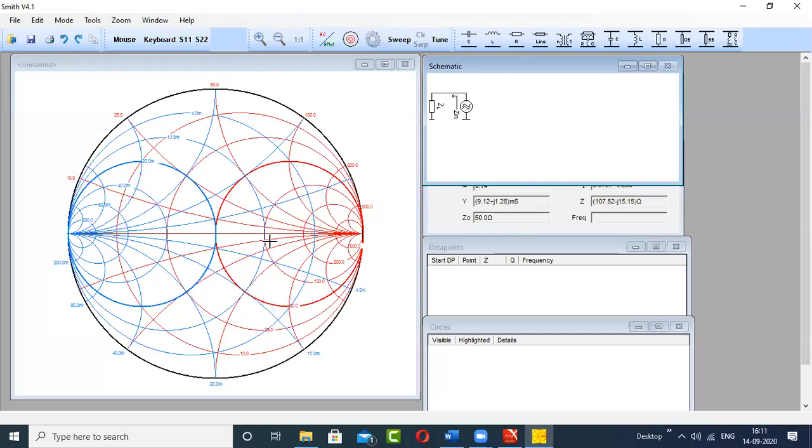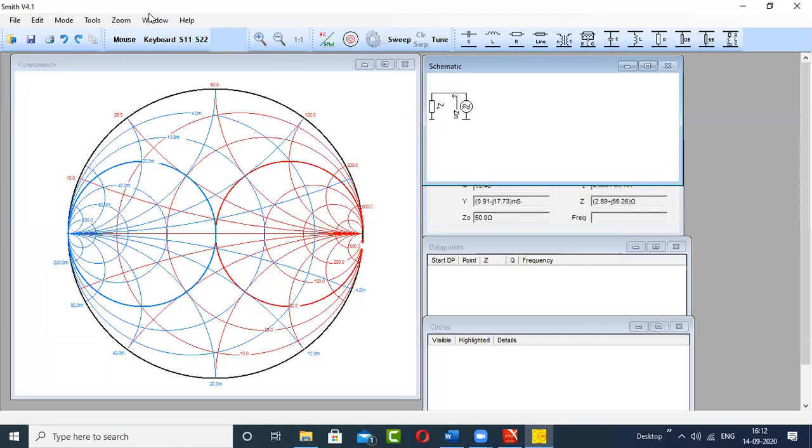Now, whatever the problem was taken by the sir, I will be using this Smith's software to verify the answers. And if possible, we can take another cases also or other problems. As sir told, you should work with the ZY chart because it is a little simpler. If you are using only the Z chart, then it will be a very tedious job to reach the solution. Otherwise, it is possible. You can use a Z chart or Y chart or the combination of ZY chart. So we'll start with the problem.